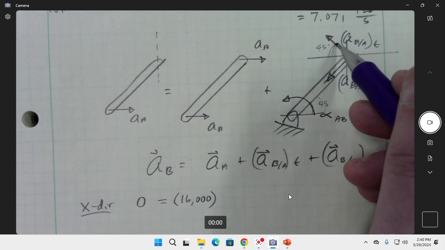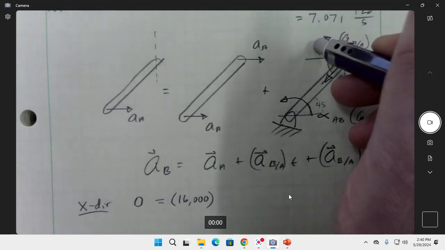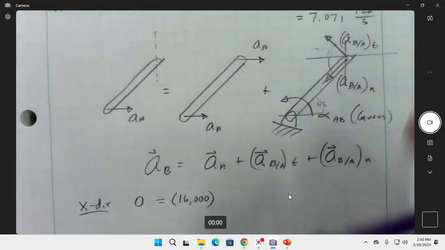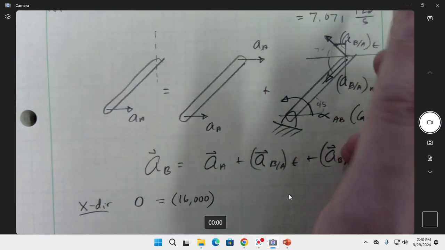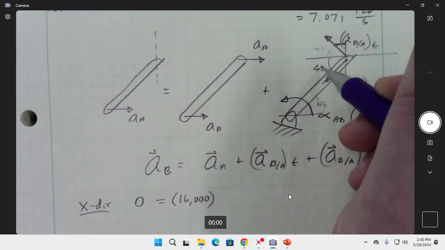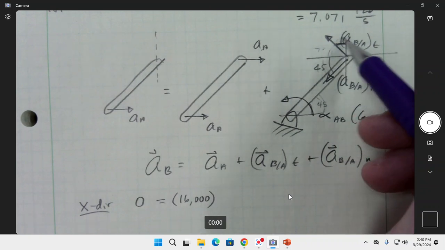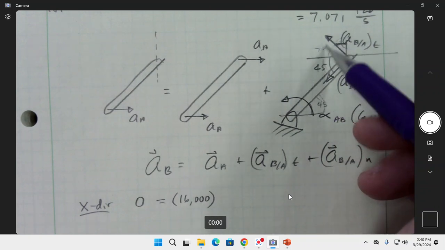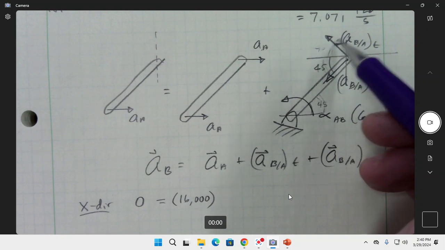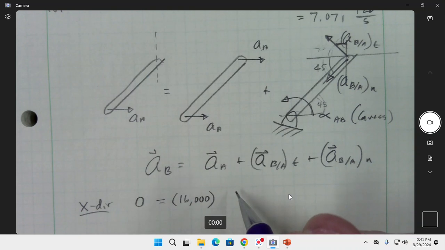Sorry, my bad. This would be 45. I'm gonna stick to my guns and do the right one, but obviously it doesn't matter. If that's 45, this has to be 45, and then this is 45. Now we know that is actually 45, but in terms of what was given, those are the ones that